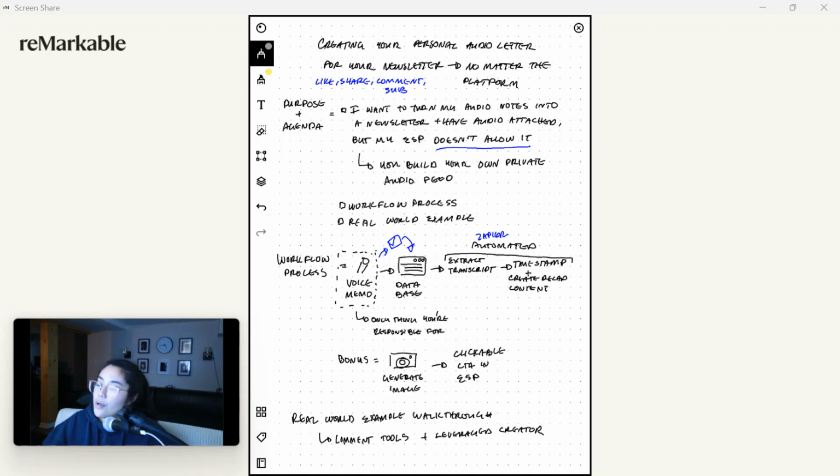And so another layer of this is I didn't want to have to create a podcast feed, right? Because podcast feeds, they're great. They're a ton of work, but they're not easily grab and go. I literally just want to walk and talk and share that with my email list, right? And so I wanted to create a situation where I'm building my own private audio feed without having to create a podcast and without having the platform to do that, right? And so I am going to show you the workflow process that you see below here, and I'm going to give you a real world example of what the end result actually looks like, right?